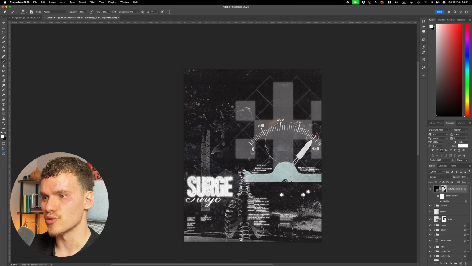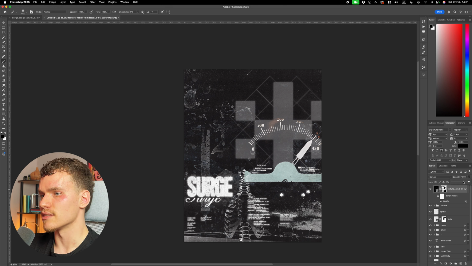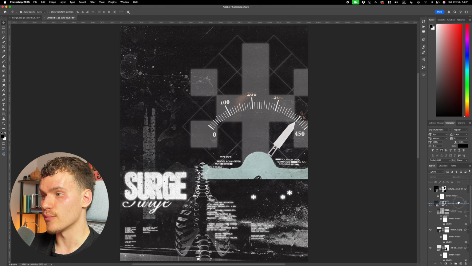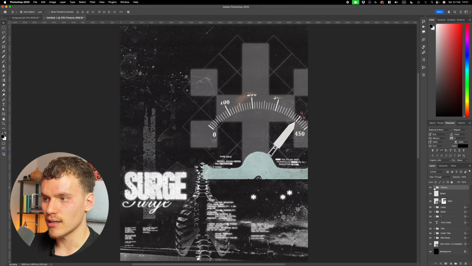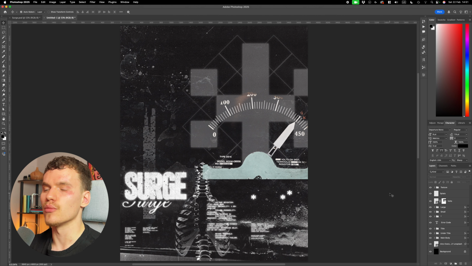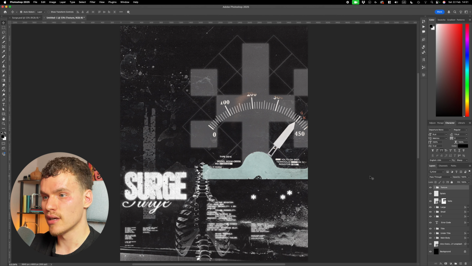Now just continue with your drawing, just with a soft brush. And then I think I'm also going to drop the opacity of this layer overall to about 50. There we go. Now with all of these texture layers applied, we can move on to color. Now when we add color, you can choose to do it before or after you do texture. I'm only going to do it after, but we may have to make some adjustments to actually work with the